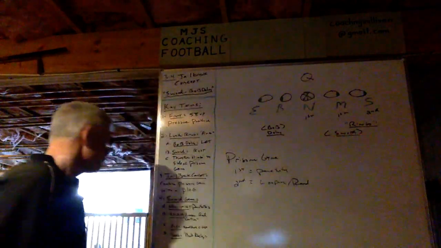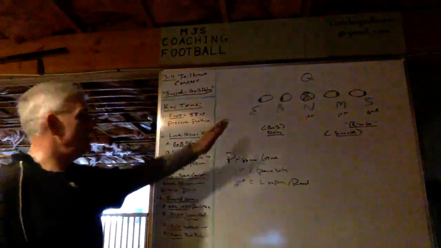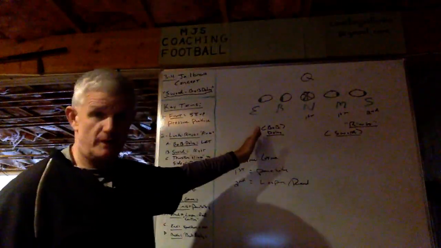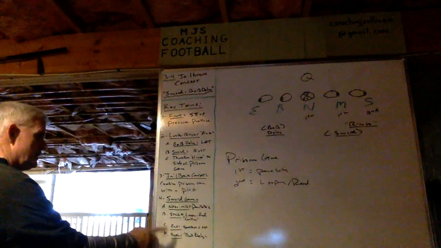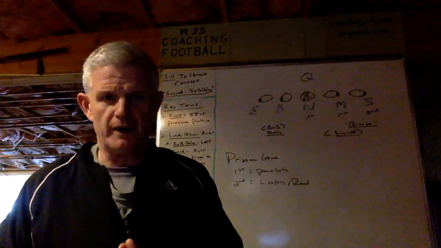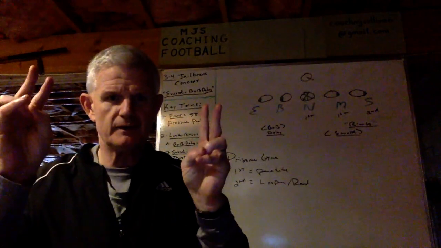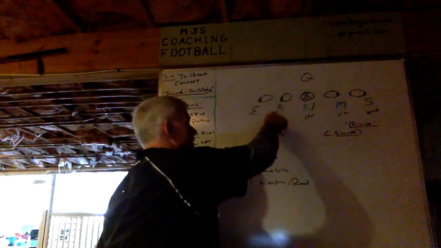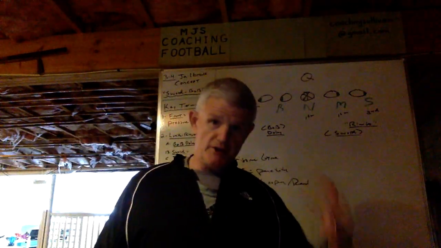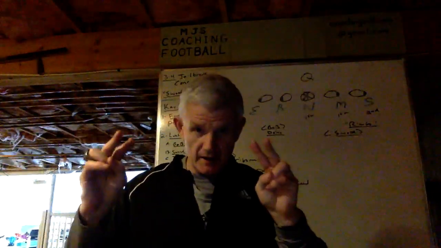Okay? Over here, the end is just going to speed rush C-gap, which is what he does on bob delay. And then the backer is going to execute the bob delay. So here's the little tweak. This is what's meant by the delay. Okay? When he's up, which he is here, and we want him to delay it,